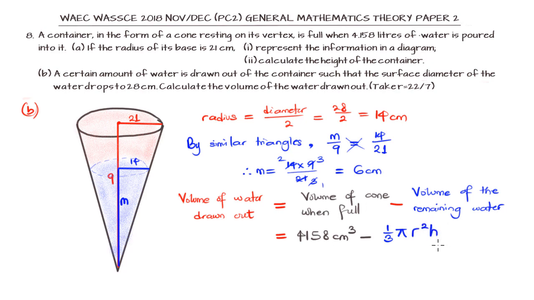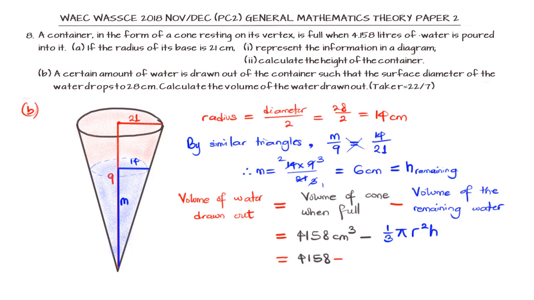Now the pi is a constant. Our radius now is 14, and our h is m, which is 6 centimeters. This is the height of the remaining volume of water. So just using this, we can now plug in these values and say that the volume of the water that is drawn out will be